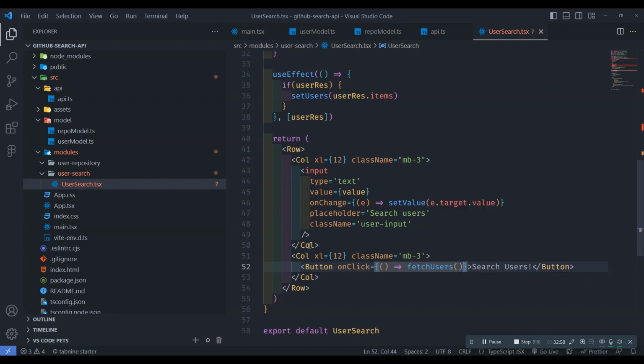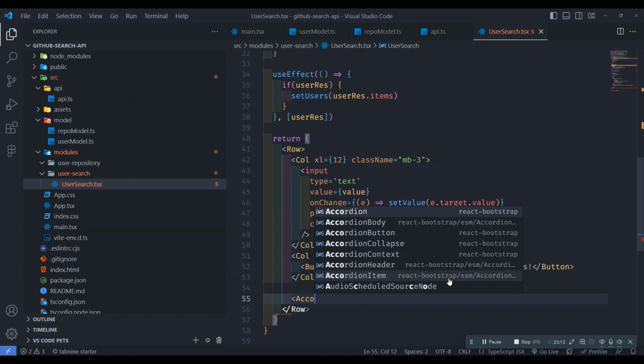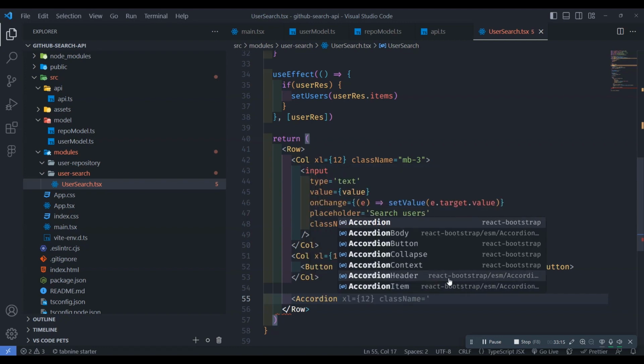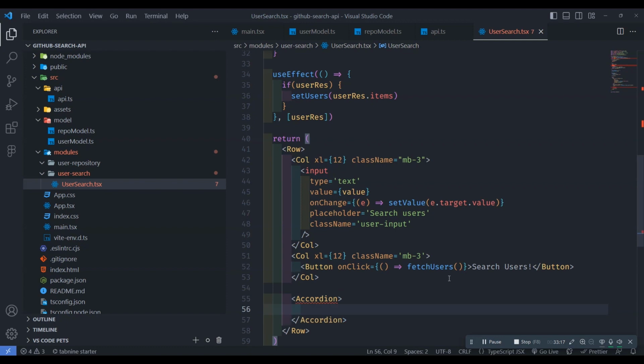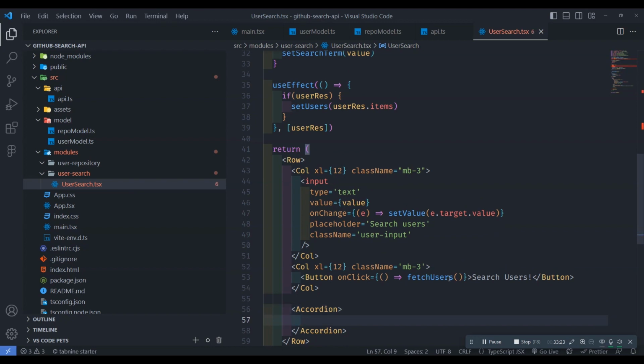Don't forget to invoke it, and then we use an accordion. The accordion is from React Bootstrap, and we map the users